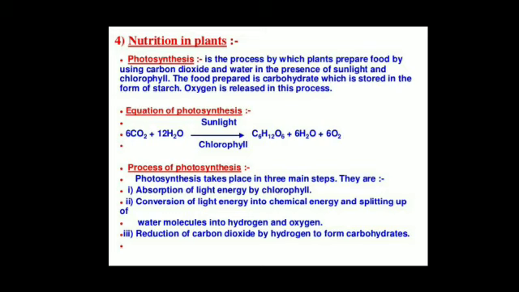So the process of photosynthesis includes three main steps. First, absorption of light energy by chlorophyll. Second, light energy is converted into chemical energy and splitting up of water molecules into hydrogen and oxygen. And the third step is reduction of carbon dioxide by hydrogen to form carbohydrates,